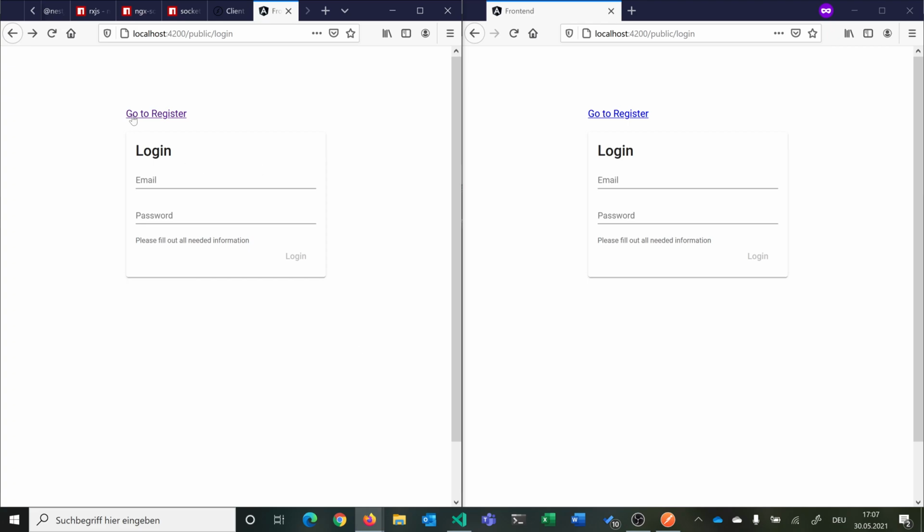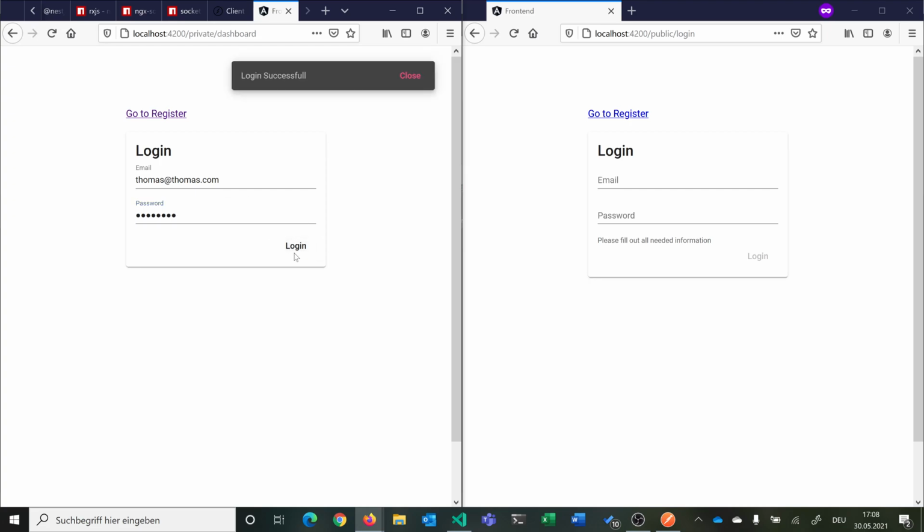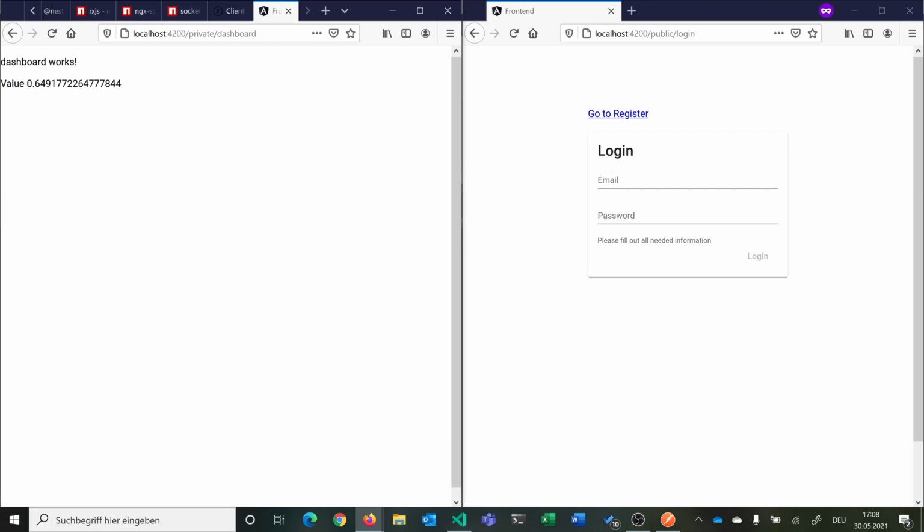So you can see we have our login pages 2 times. One time in normal mode, the other in private mode. And when we log in, then we come to our dashboard where we listen to our WebSockets of socket.io. And every time someone connects, we add a value and a random number. So this is being emitted as an event from our backend NestJS gateway to every client of our web or socket.io. So when I log in here with my second account,